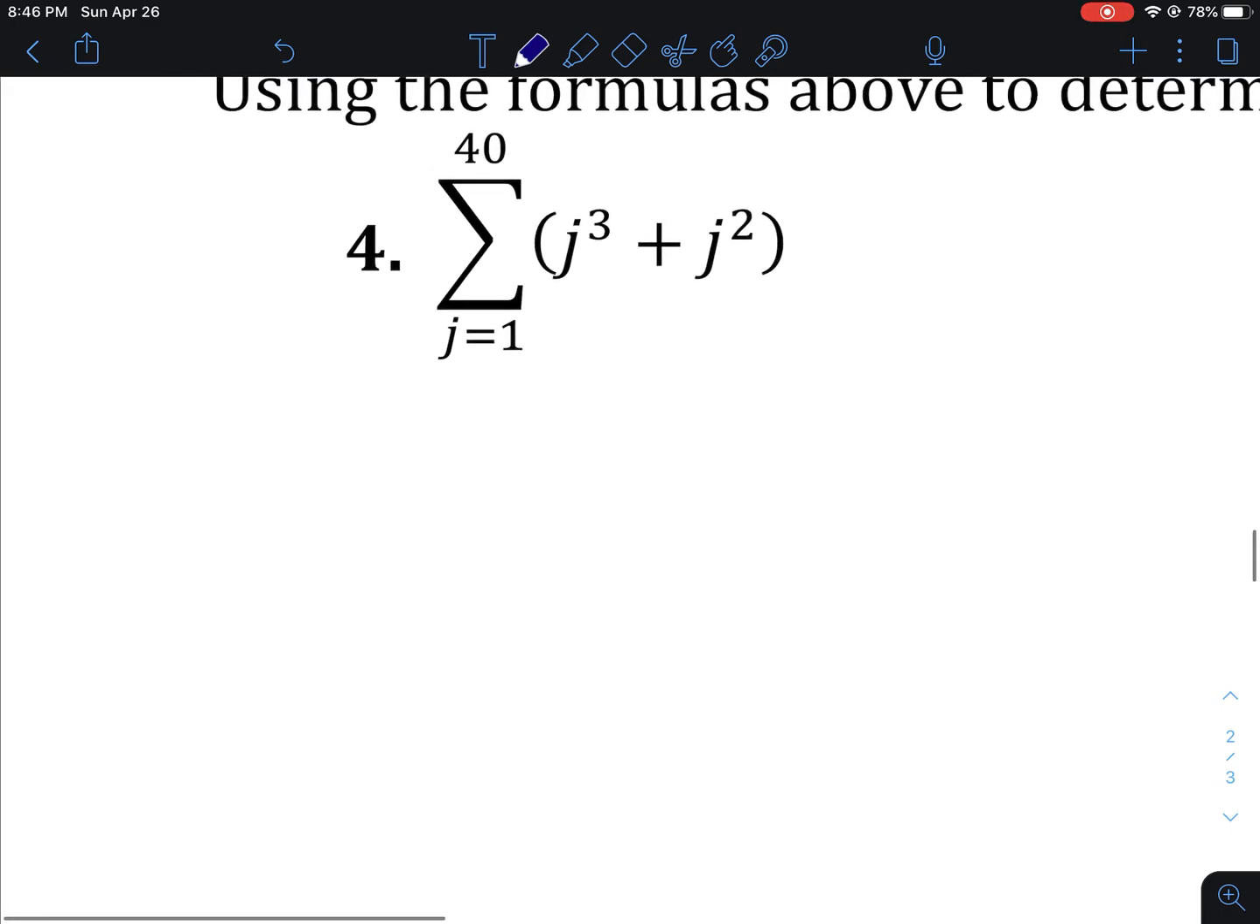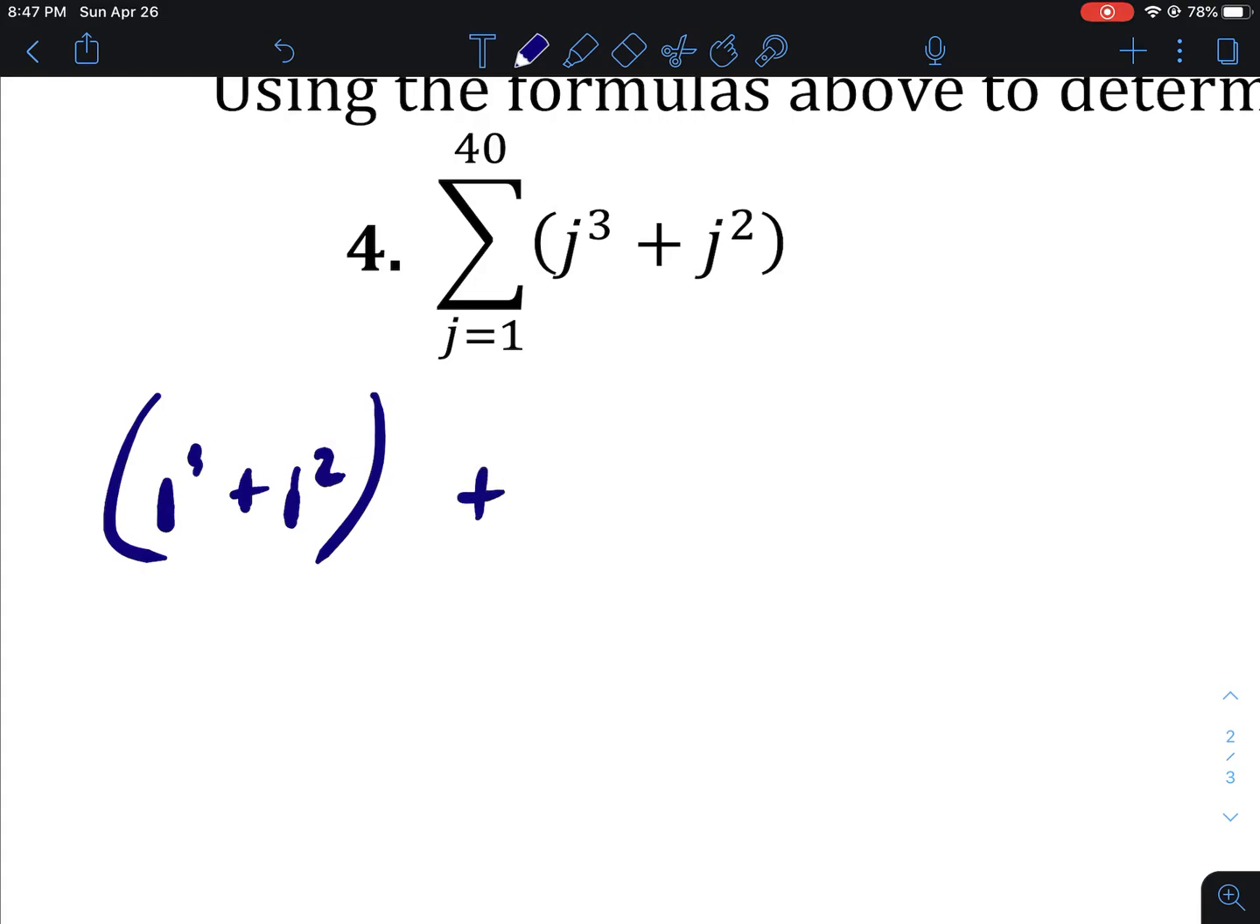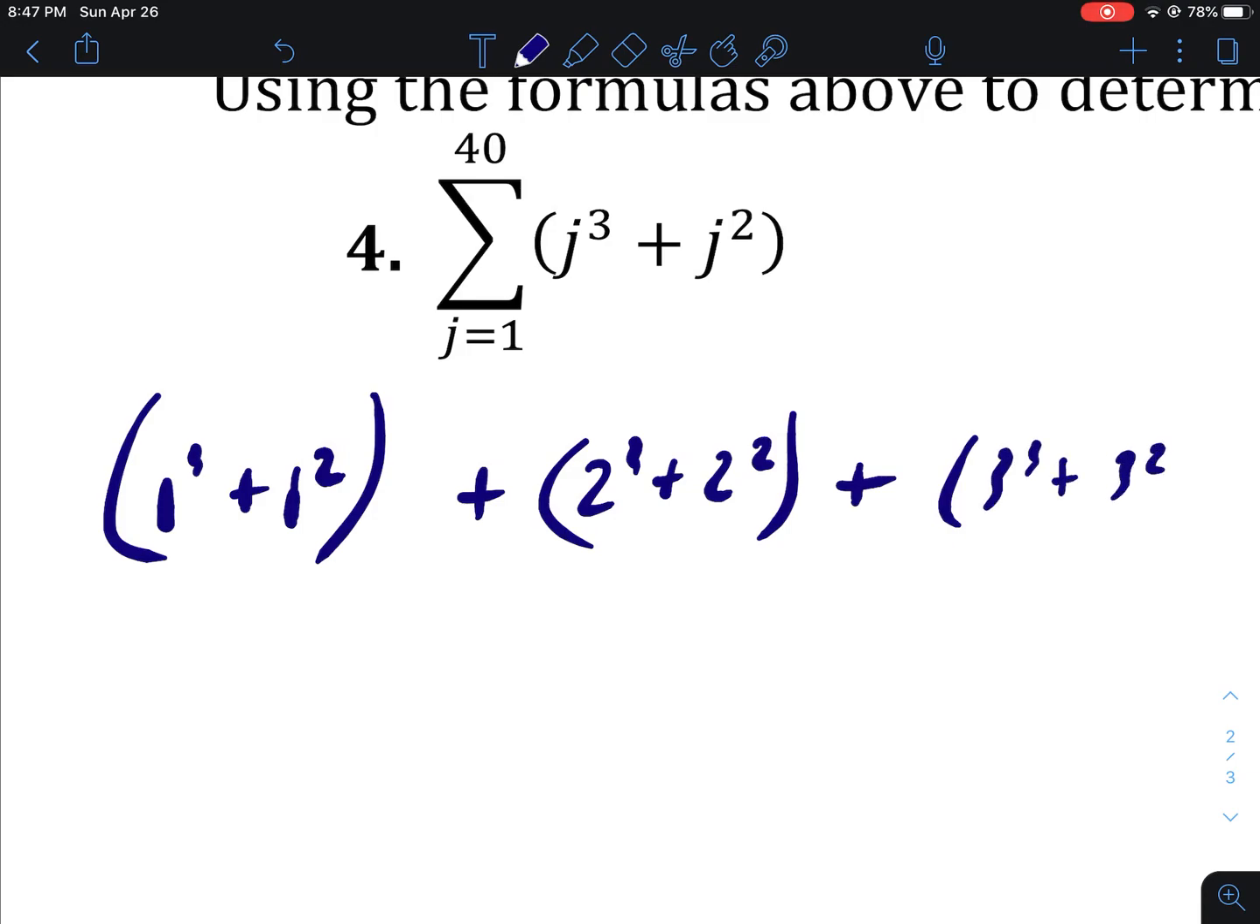So if I just started listing out terms, the first term of this sequence would be plug in 1. So I did 1 to the third plus 1 squared. Well, that won't do a whole lot, but that would be the first value you get. Then you'd have 2 to the third plus 2 squared, whatever that is, and so on, okay? If you think about it carefully,